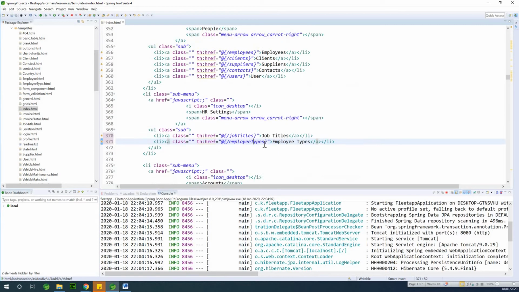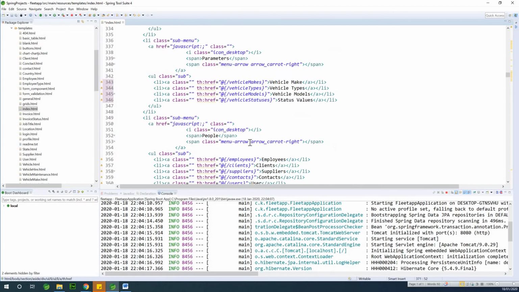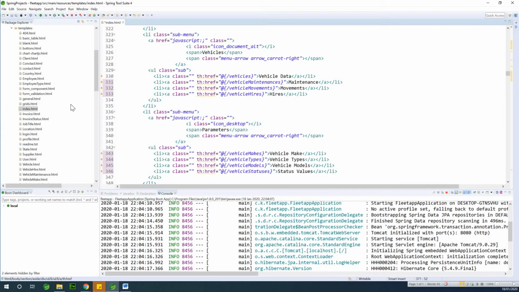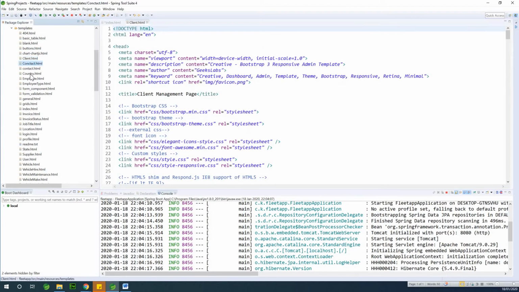So this is what we call camel case. Unfortunately, we are going to copy it across to all our pages, and that is what I'm going to do right now. So I'm going to open up all the pages. We have client, we have contact,